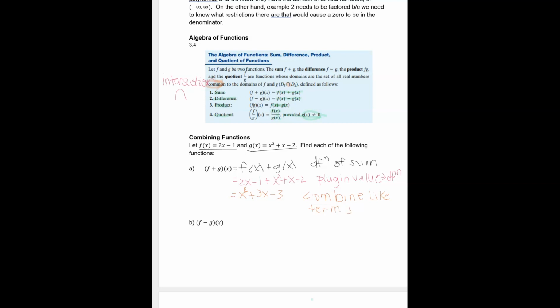Okay, that took forever. Okay, so that's how you do that one. Same thing with this one. We're going to write it as definition of difference this time, though, okay? So this is going to equal f